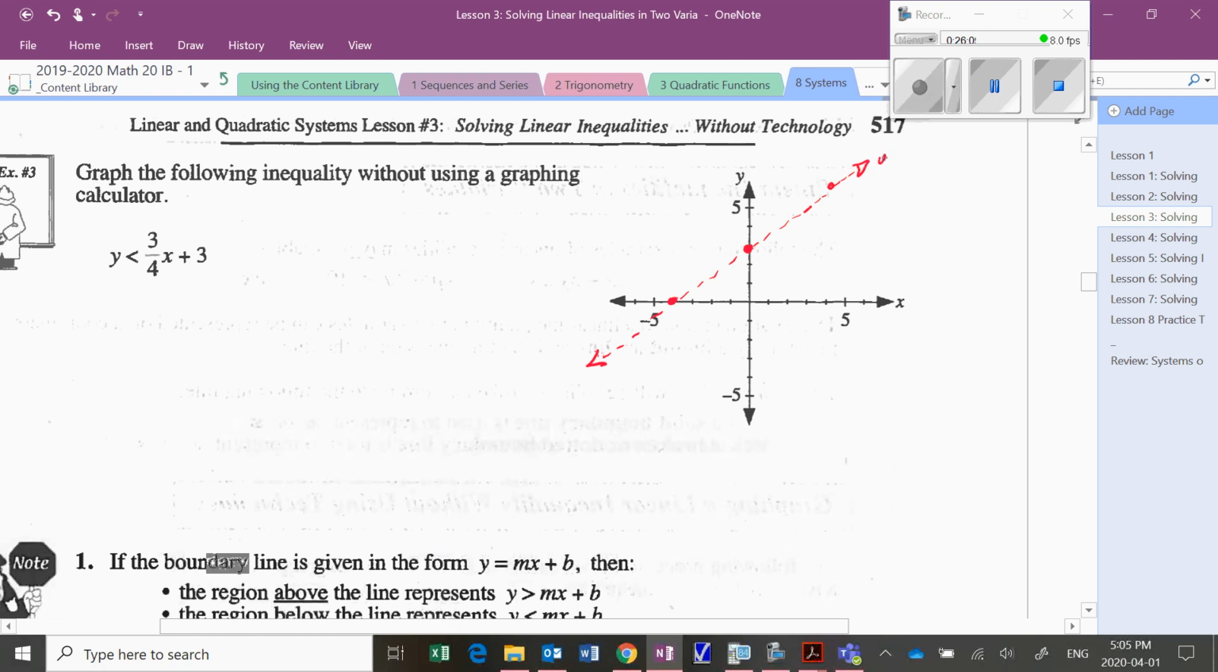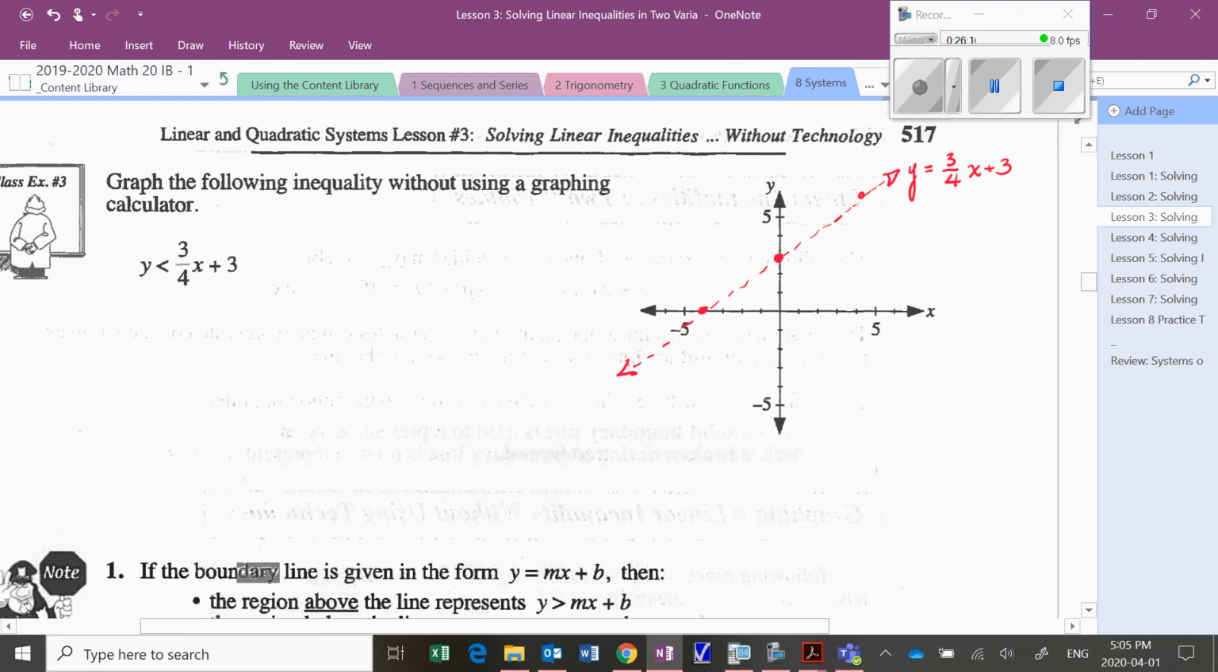And so this is the actual line y equals 3/4 x plus 3, that is not included as part of our solution. And let's pick 2 test points. So again, the origin is a great place to start since the line doesn't pass through the origin. And once again, actually maybe we'll pick that point right there, -5, 0. So we'll test